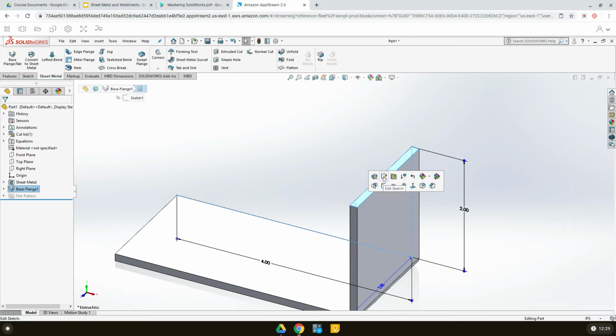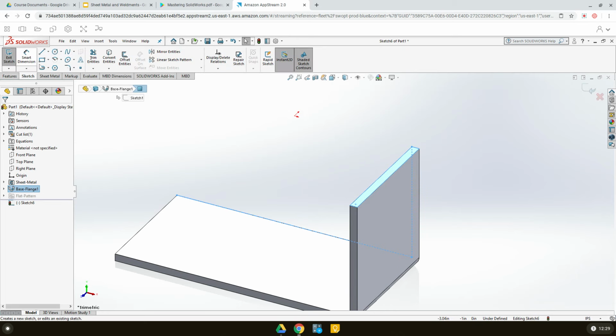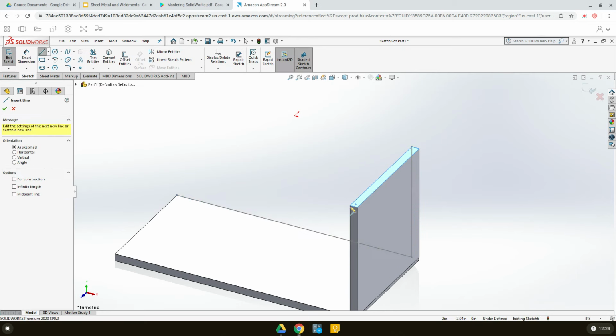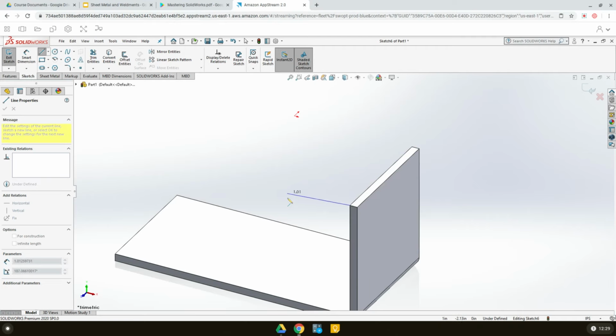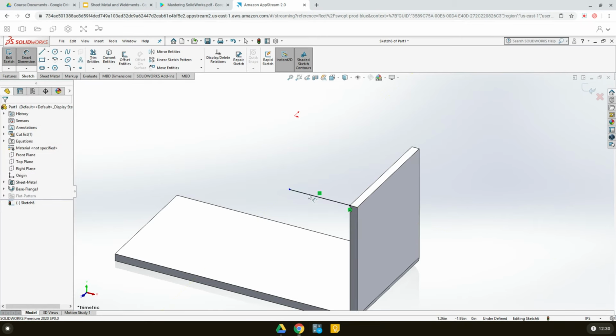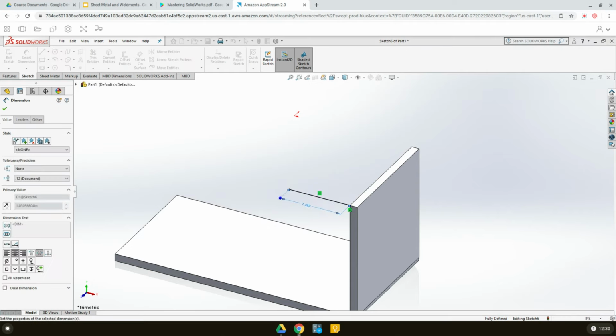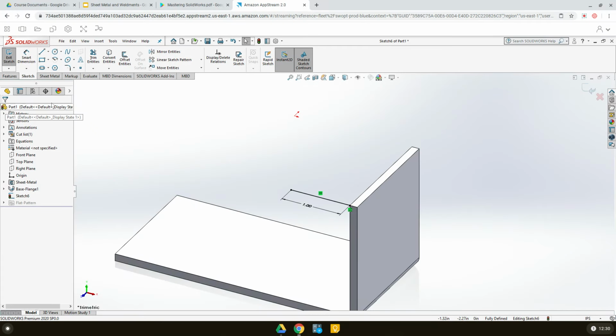Not edit sketch. Edit sketch means I will open the previous sketch. I want to create a new sketch on the top of this surface, right? So click sketch, and then I'm going to draw a horizontal line from this corner. Okay, make sure your line is horizontal. The length of that line is 1 inch. So that sketch is complete. Can exit the sketch,